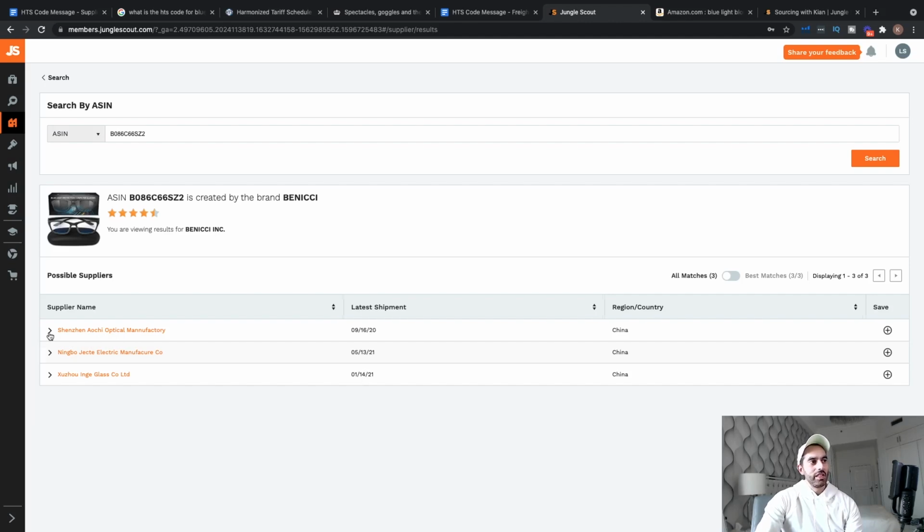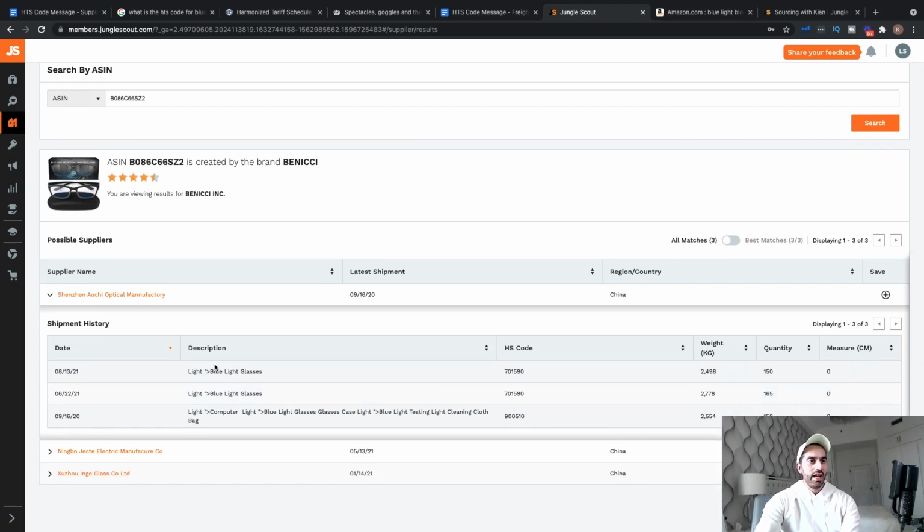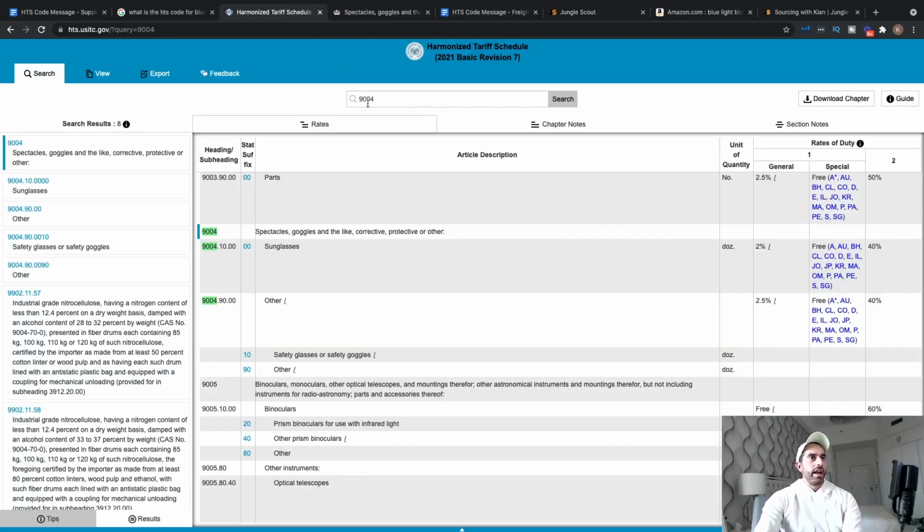And this is where we're going to basically pull the HTS code information. So here, blue light glasses is a description. And what's super interesting is that they have the HS code here as well. They've even told us a quantity that they're importing. So for this shipment in 2020, they were clearing it at this HS code, which if we copy it and go back here,